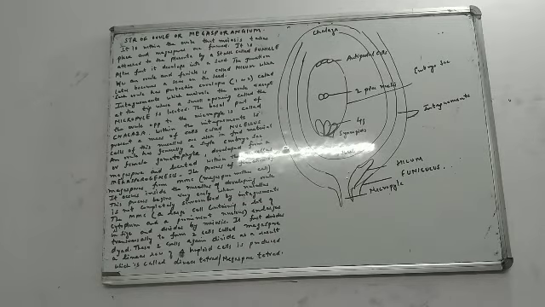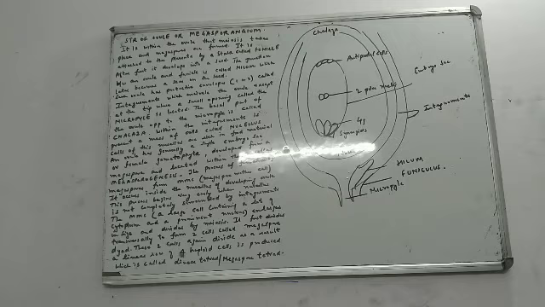Now, after fertilization, we know that the ovule is going to develop into a seed. The ovary develops into fruit and the ovules into seeds. The point of attachment, or the junction between an ovule and a funicle, is called the hilum, H-I-L-U-M. It is this hilum which later becomes the scar of the seed.